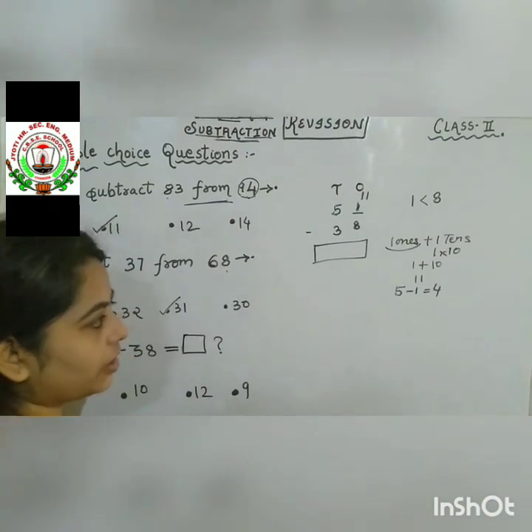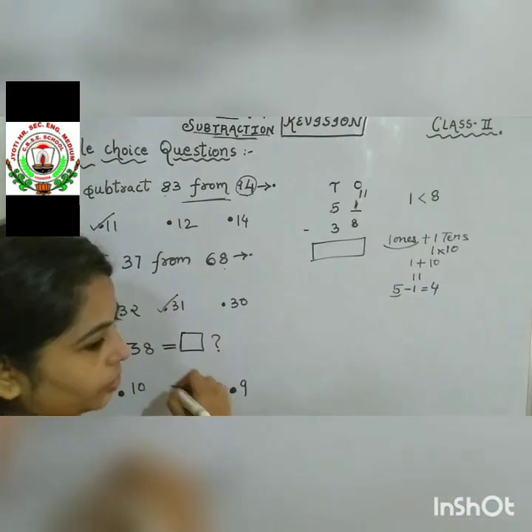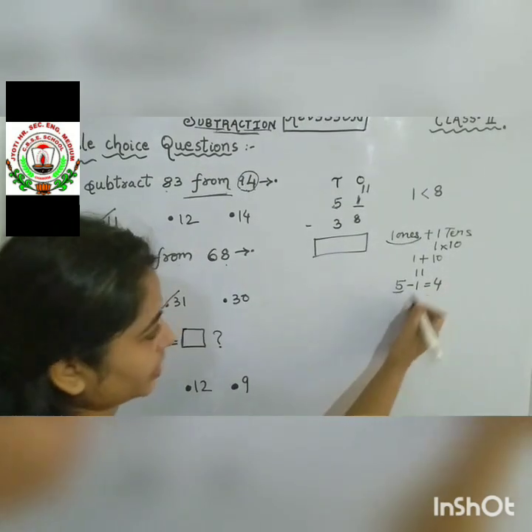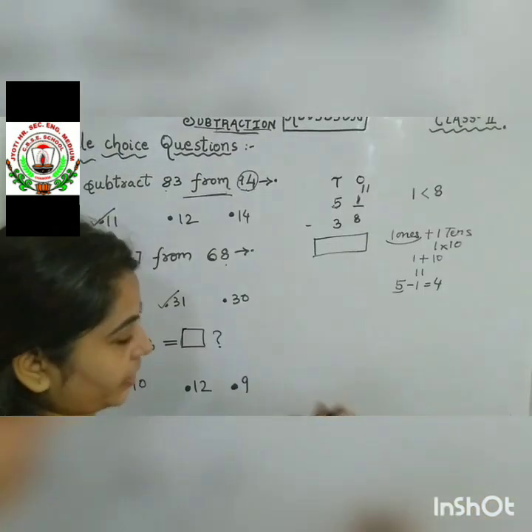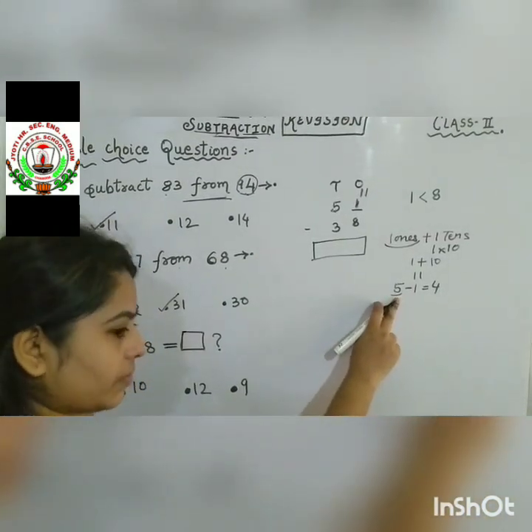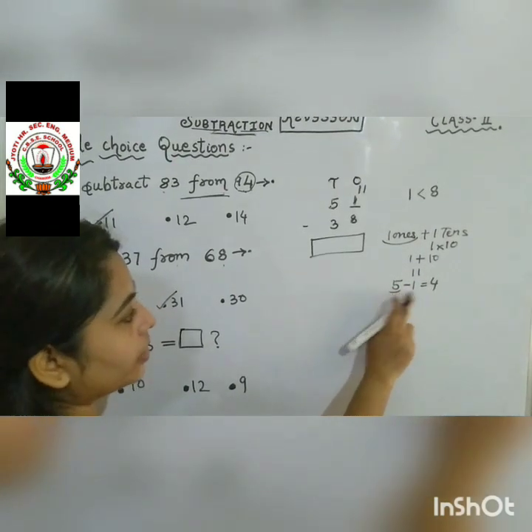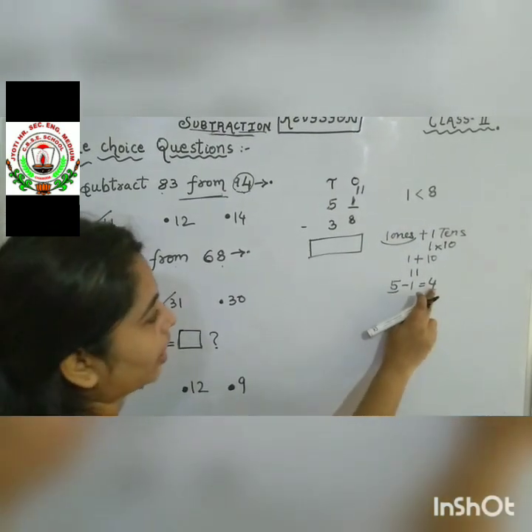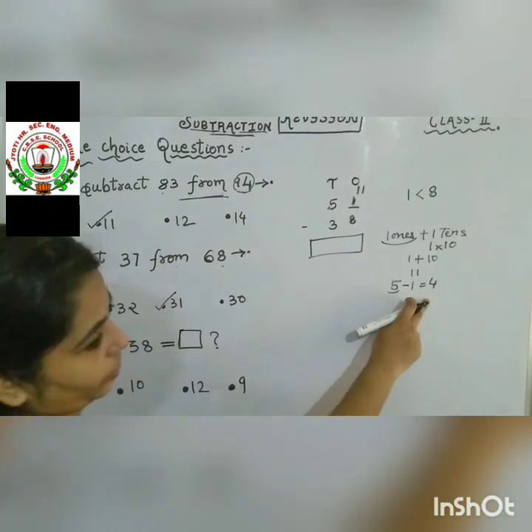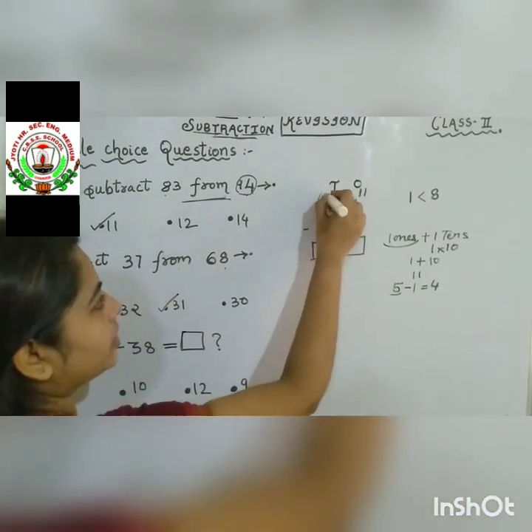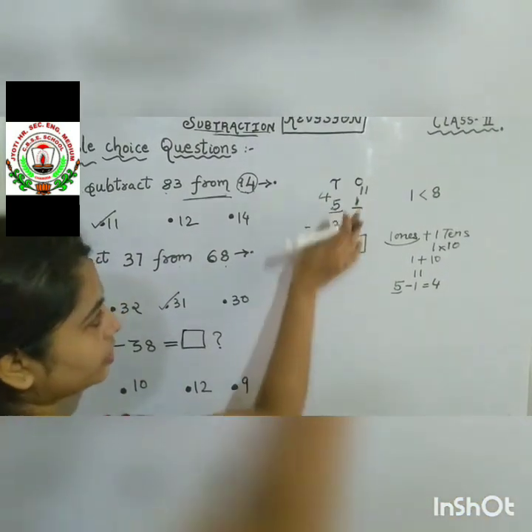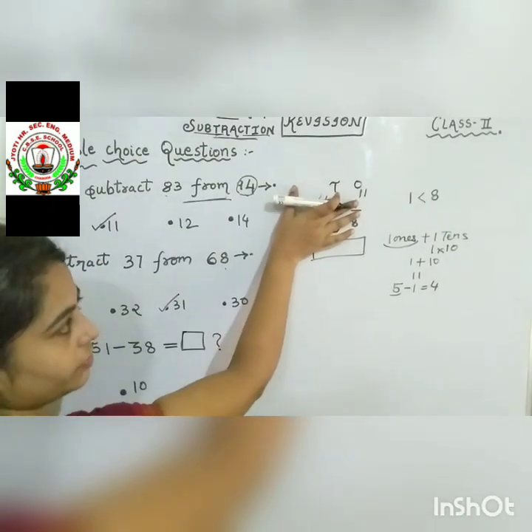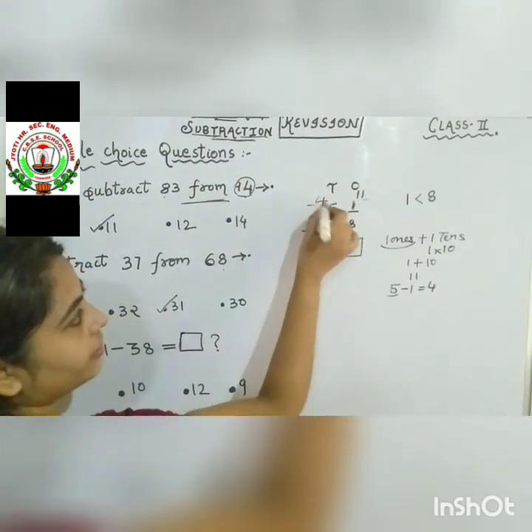For example, children, you are having 5 pencils with you. Your friend has asked for 1 pencil, you have given it to that friend. Then do you have the same 5 pencils? No, now you will deduct 1 from the 5. The number of pencils you have now is 4. So our new number in the tens place is 4. Do not look at the previous numbers 5 and 1. Our new numbers are 11 and 4.